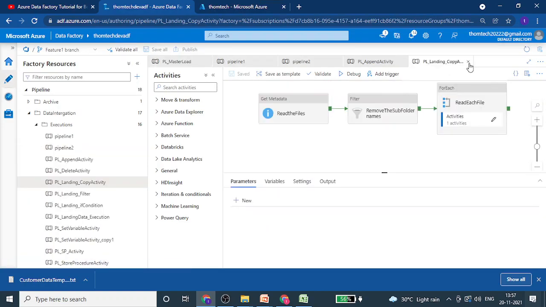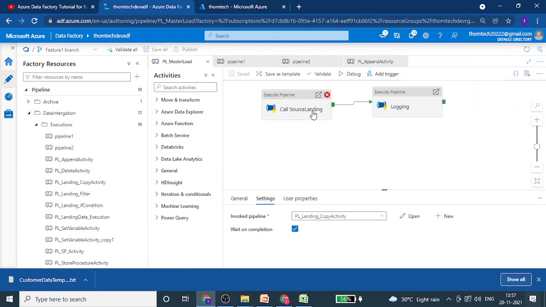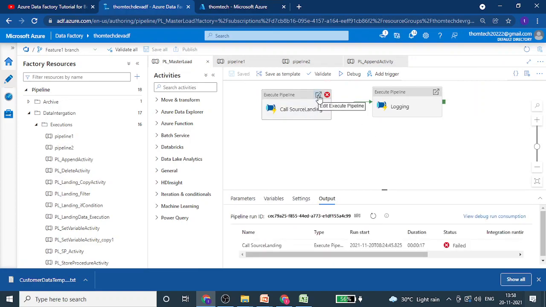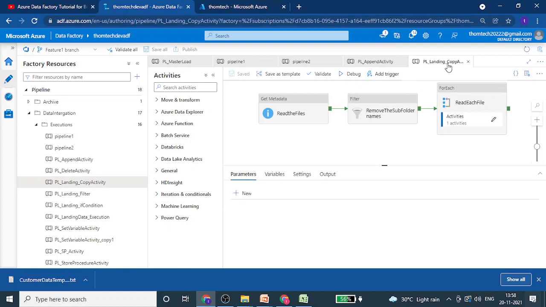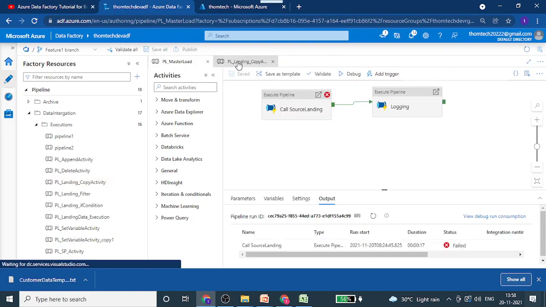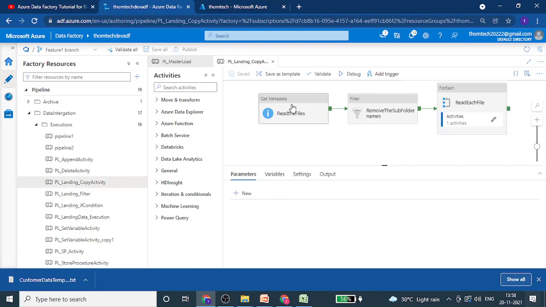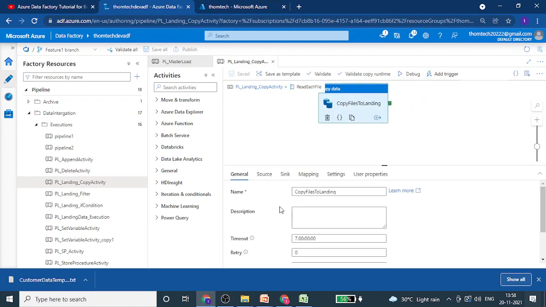One more thing. Suppose this is your pipeline and you want to get inside that child pipeline. Click on this arrow, so you are inside that pipeline and it will take you over here. The rest you can close. Let's make sure we have only two pipelines open here: the master and the child one which has failed. It has failed at the copy activity level. Let's expand this.